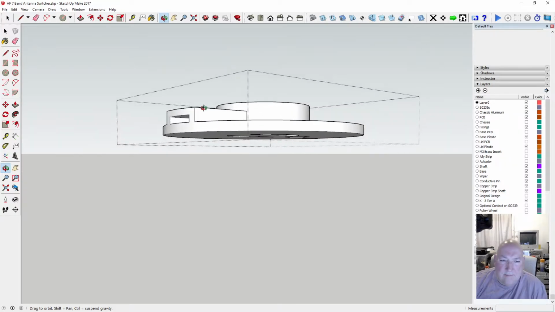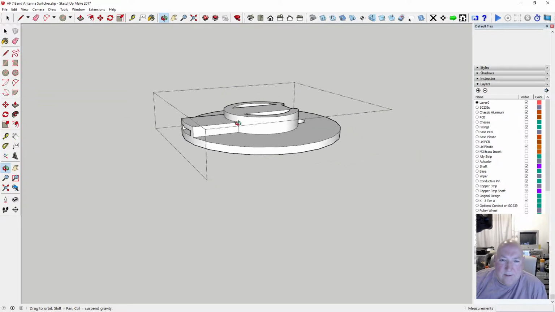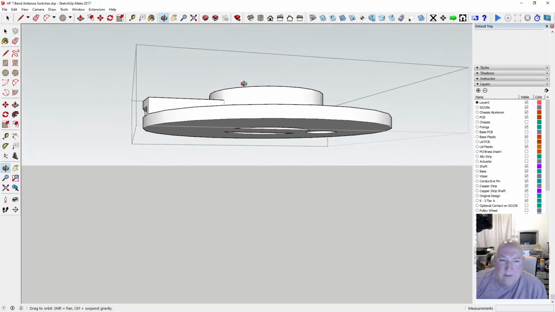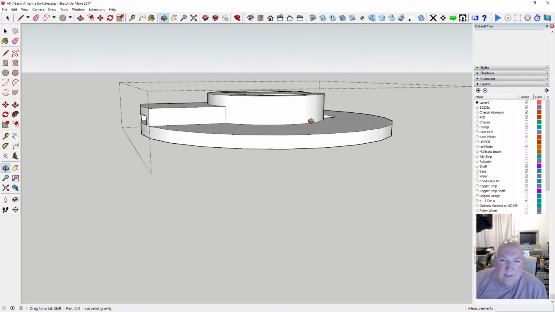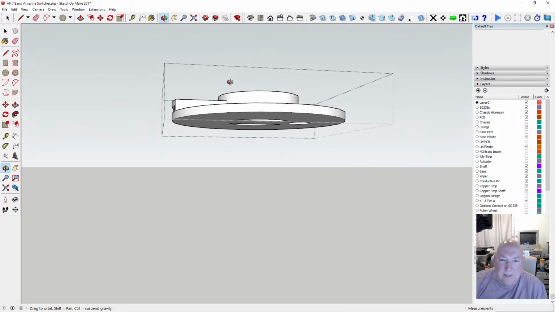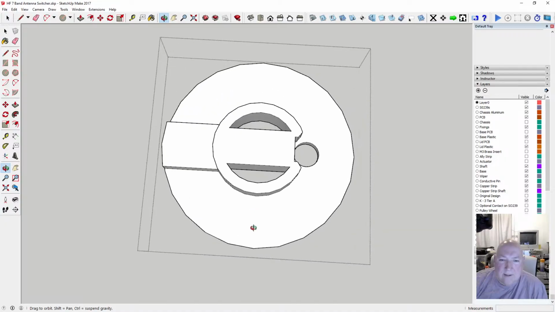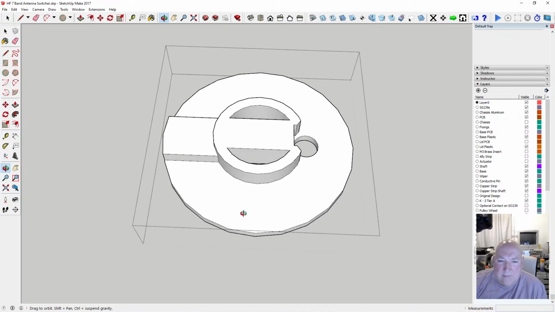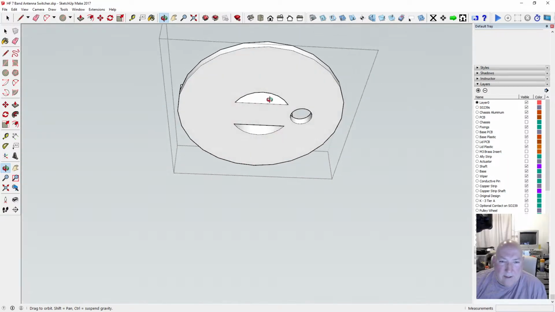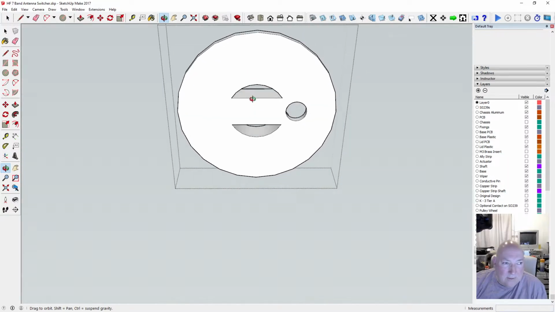Either that or we need to lower it a bit. No, I wanted this the other way up printed. Oh yeah, luckily the cutouts are the same whether you're upside down or the right way around, so there's less to do on that.